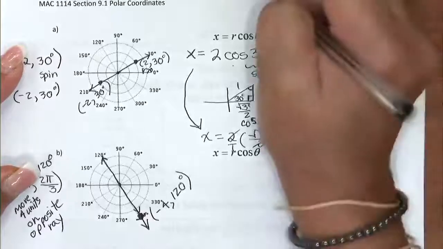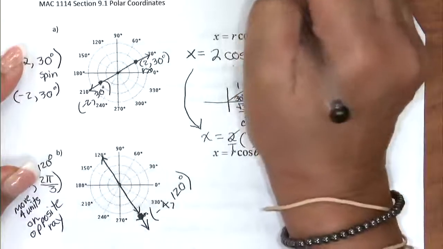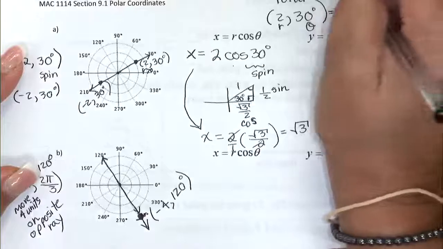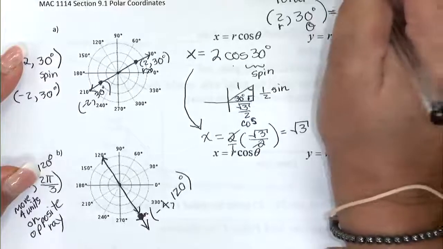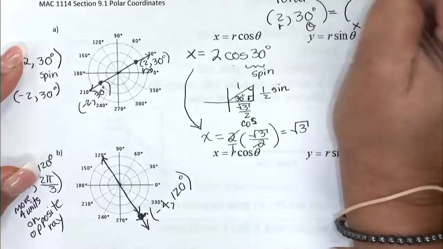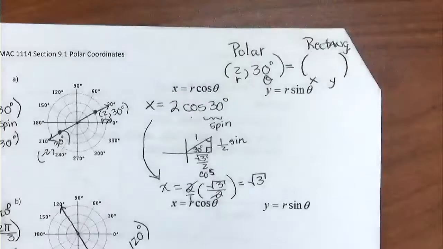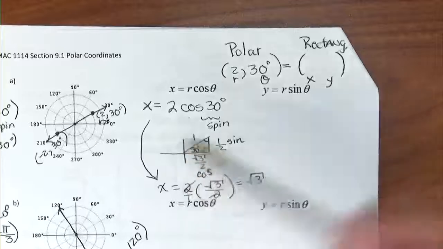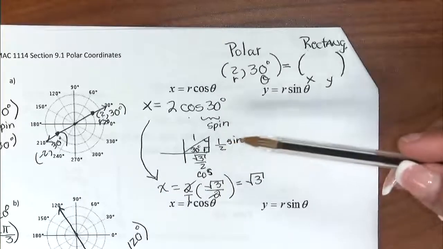So this is called being in the polar system, and this is called being in the rectangular system. Oops, ran out of room. Okay, so maybe you can keep writing that until you get used to it. Now let's just go do the other one. Once you build the triangle, then that's a piece of cake, because you already have everything sitting there staring at you. But if you can't remember that that's the cosine and that's the sine, oh man, that's a lot, because